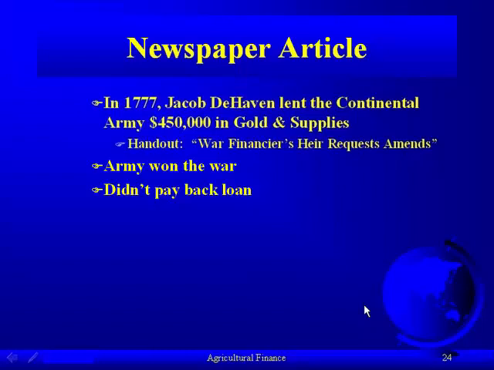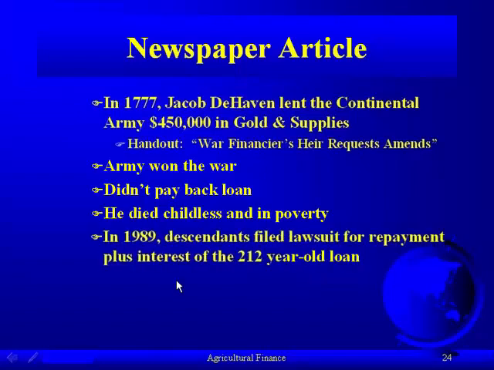of America. But what you may not know is that the Continental Army, being in financial difficulty, never paid back that loan. It turns out he died childless and in poverty. And because he didn't have any children, the family didn't worry about that debt. But in 1989, some descendants, probably from one of his brother or sister, can't remember which, one of their descendants